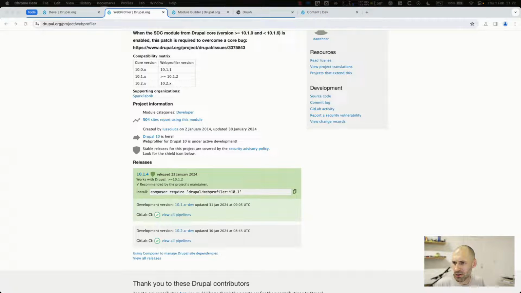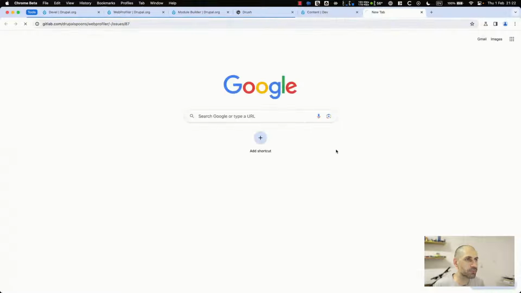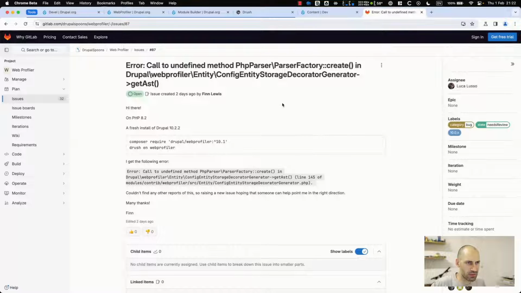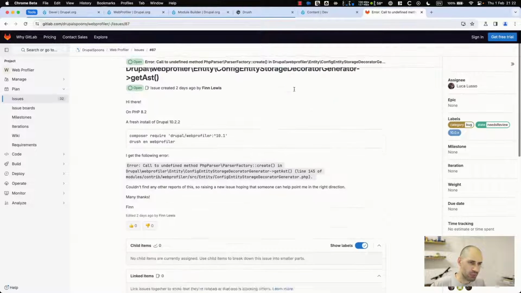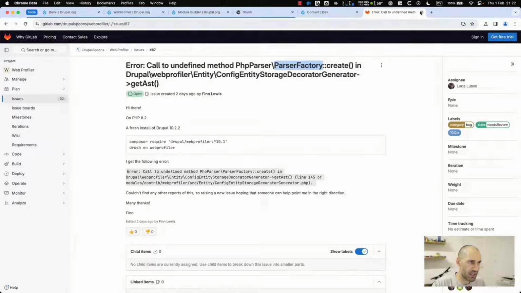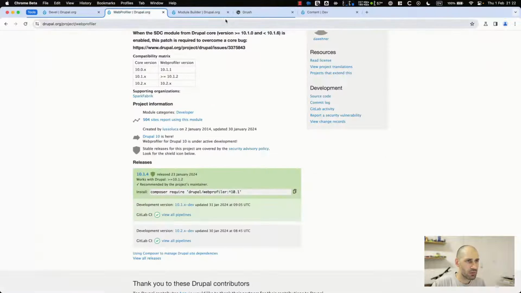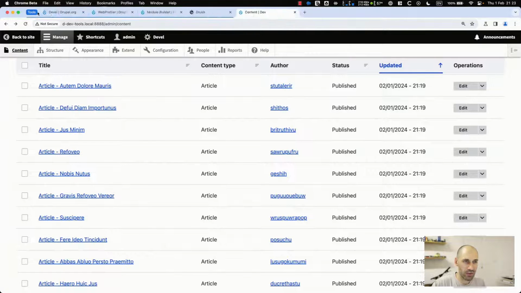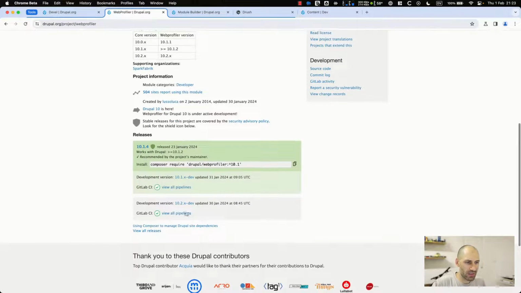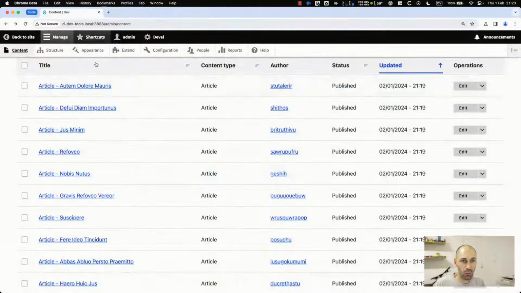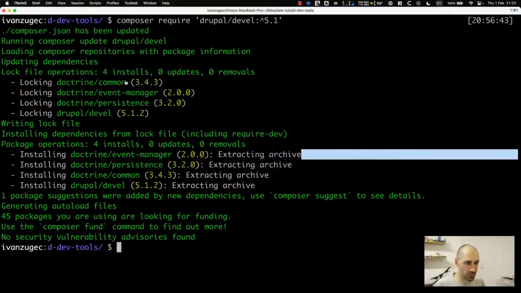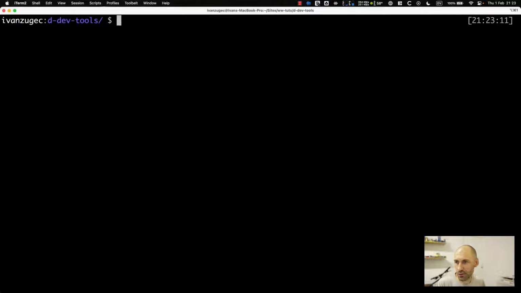Give me one moment, let's copy this in. So if you go to this bug, when you install, you get this parser function error, and it was fixed in the latest release. So what I'll do is let's go back here. I recommend that you grab the latest dev release of 10.2. And let me clear this. What that composer command looks like is